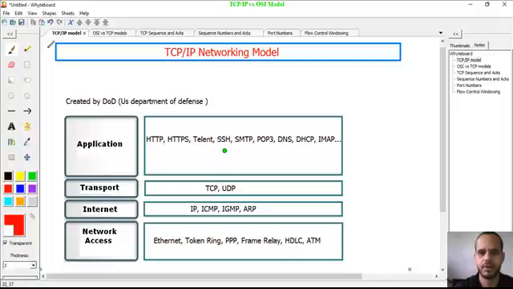So let's walk through the TCP/IP model. First of all, the TCP/IP was created by the US Department of Defense, which stands for the DOD, okay? And as you can see here on the screen, we have the application layer, the transport, the internet, and network access, okay? In the application layer, we have a lot of protocols that operate in the application layer,